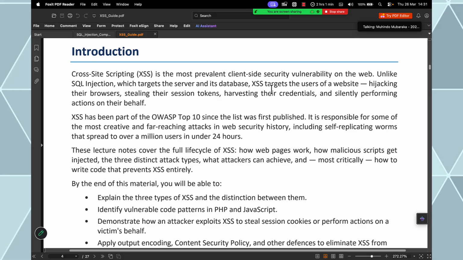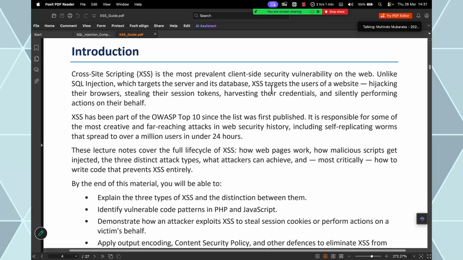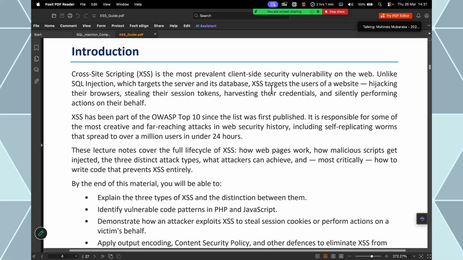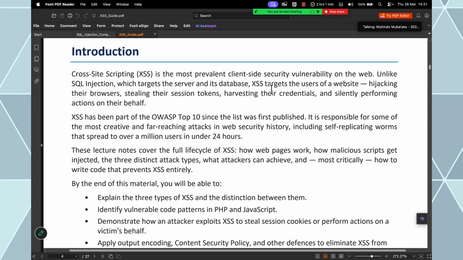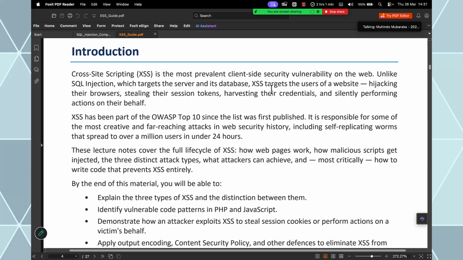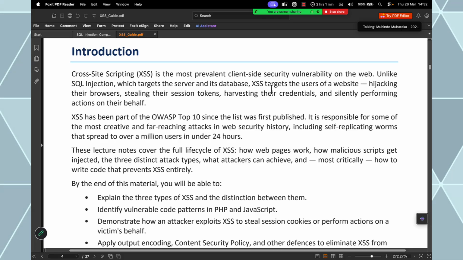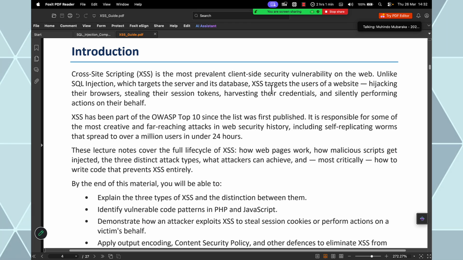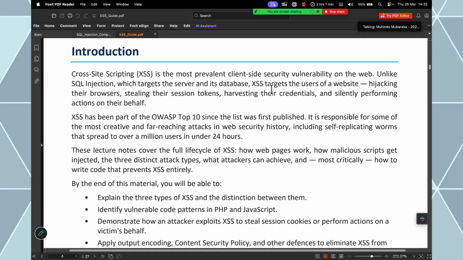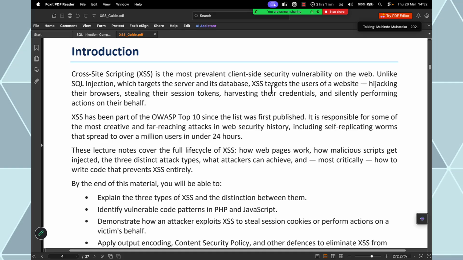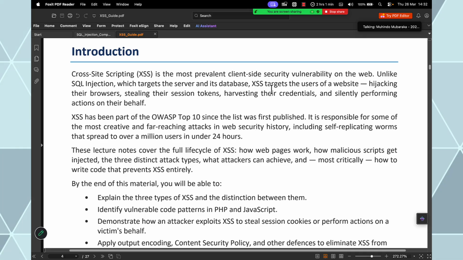Cross-site scripting is part of what you call OWASP, and it is among the top 10 issues that are published of recent that are affecting web systems. And it's also responsible for creative and far-reaching attacks in web security history, including self-replicating worms that spread across millions of users in 24 hours. For example, even